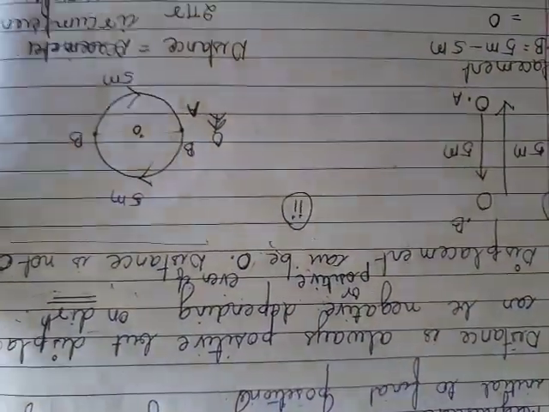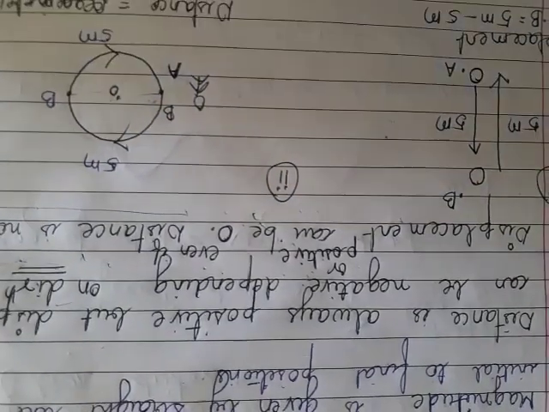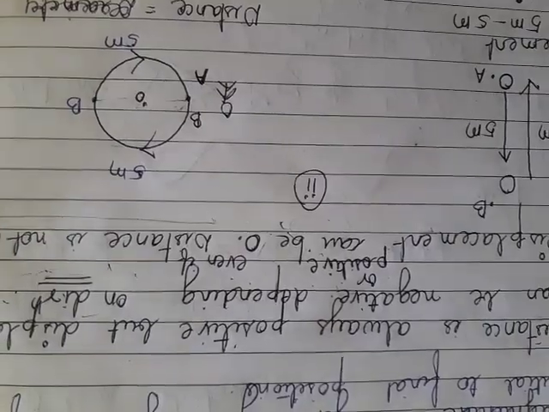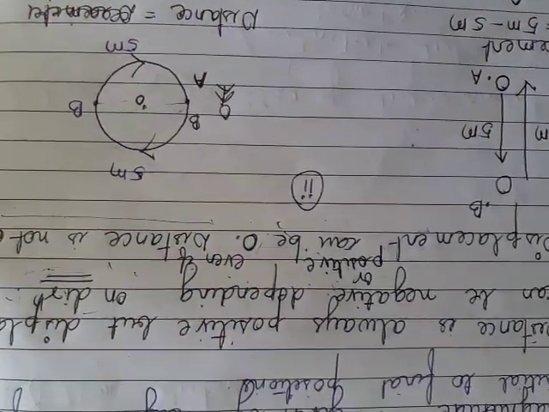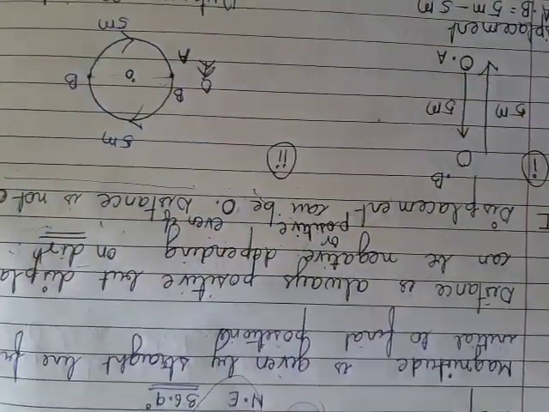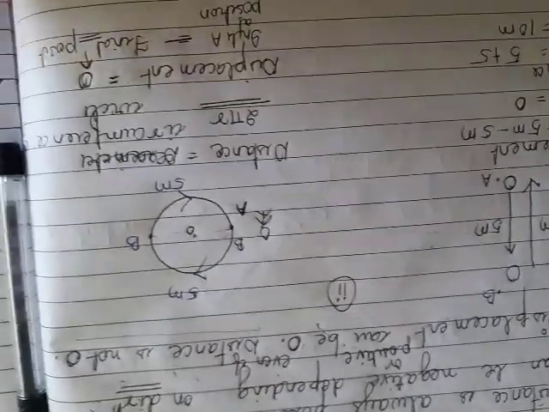So what we are saying is, if I tell you to start from where you are sitting, touch the door, and come back and sit in your place, your distance is whatever path you travelled, but your displacement will be 0. How? That we will see now. Let us see how it will be 0.